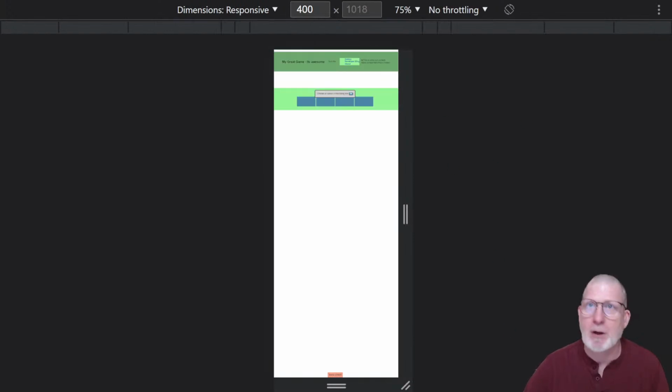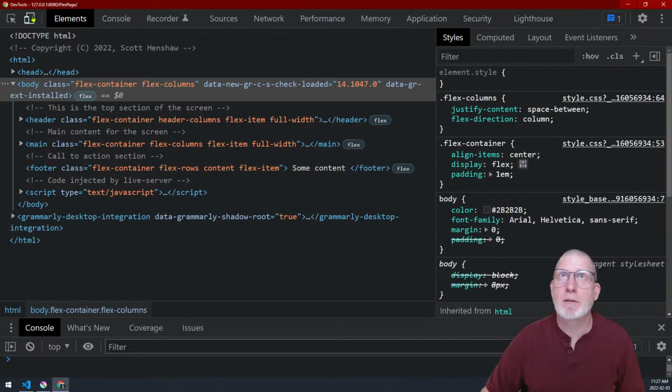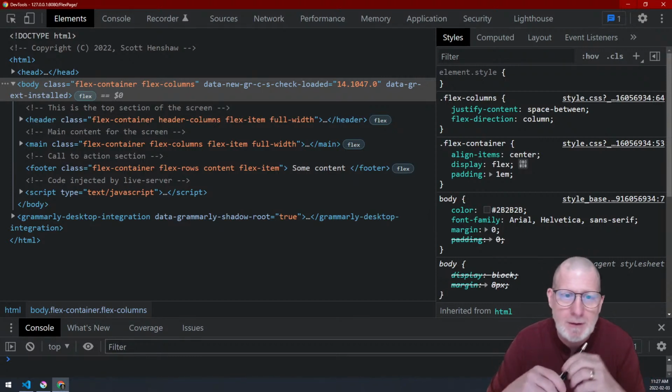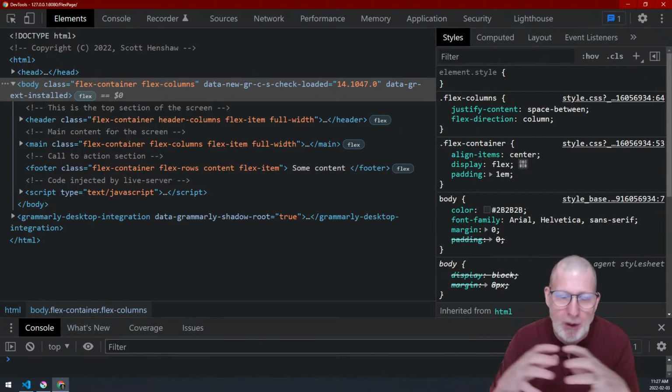To turn it off, we go back to the inspector and we click this button. And we go back to our regular website. Now, what we're looking for in the next assignment is this block level layout for your game landing page. So the next thing I want you to do, spend some time while we're here. Instead of me giving you more stuff to dwell on,